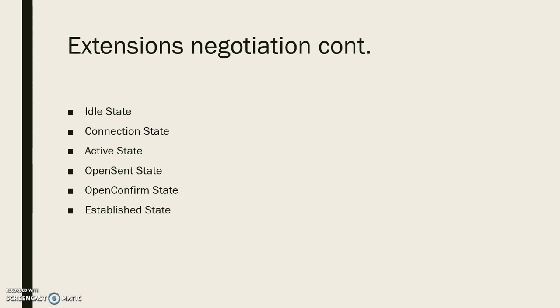The open send state listens for an open message from its peer. Once the message has been received, the router checks the validity of the open message. If there is no error, a keepalive message is sent, various timers are set, and the state is changed to open confirm. Speaking of open confirm, the open confirm state,